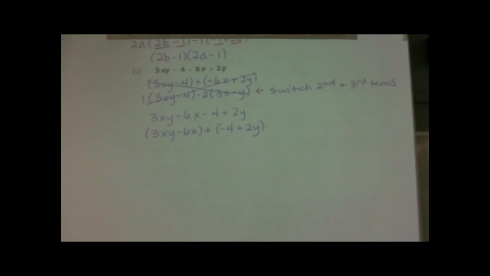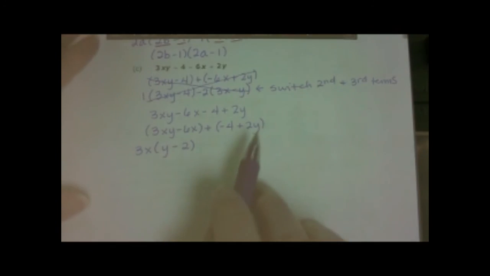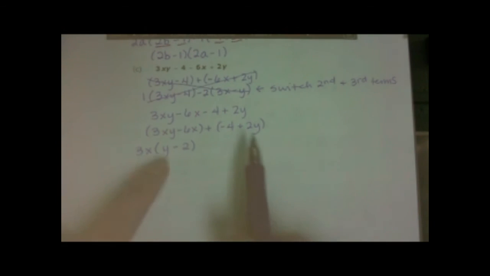And now I am going to try and factor out my greatest common factor, see if this works. So out of my first group, my greatest common factor is 3x. That leaves me y minus 2. Out of my second group, my greatest common factor is 2. And I need to think about whether I want to factor out a 2 or a negative 2, because these don't look like they're going to end up the same. But I want a positive y, and I want a negative constant here. So really all I'm going to factor out is a positive 2. When I do that, that leaves me negative 2